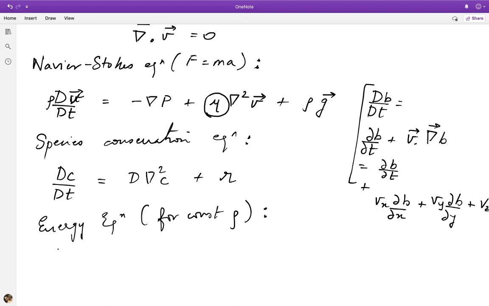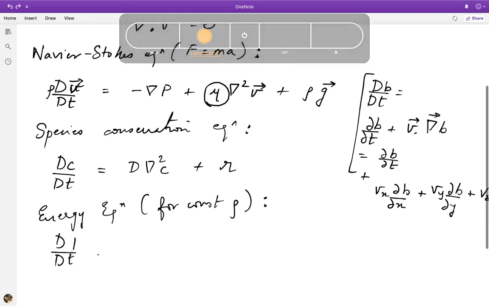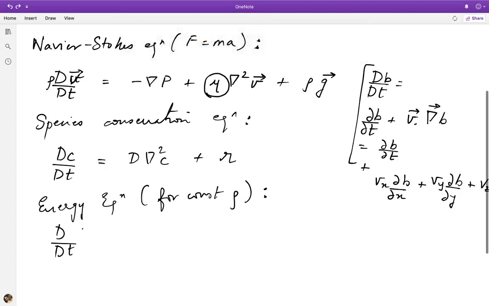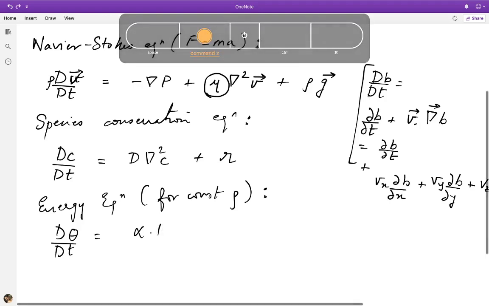Yes, so here again we have the convective derivative of the temperature capital T as we move along with the fluid. Actually, let me use theta for temperature, since we will reserve capital letters for tensors that we will encounter soon. So the substantial derivative of temperature is given by the